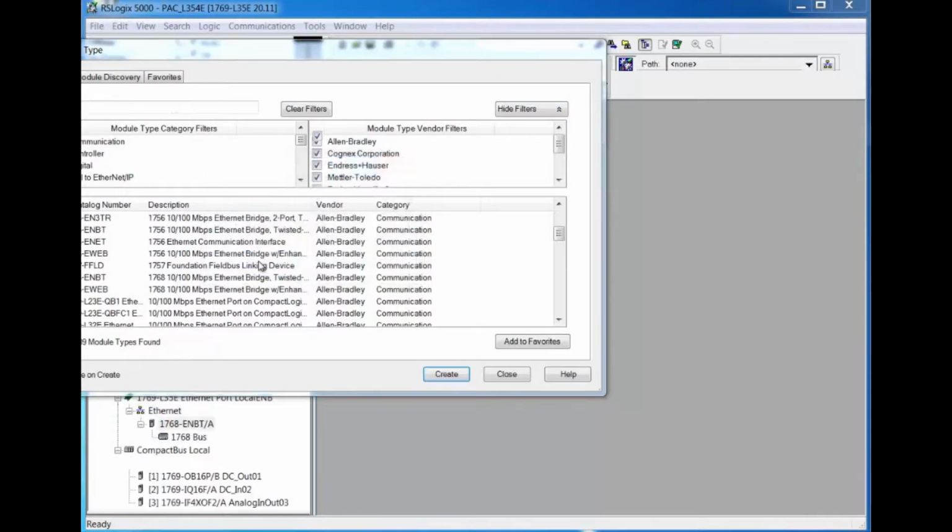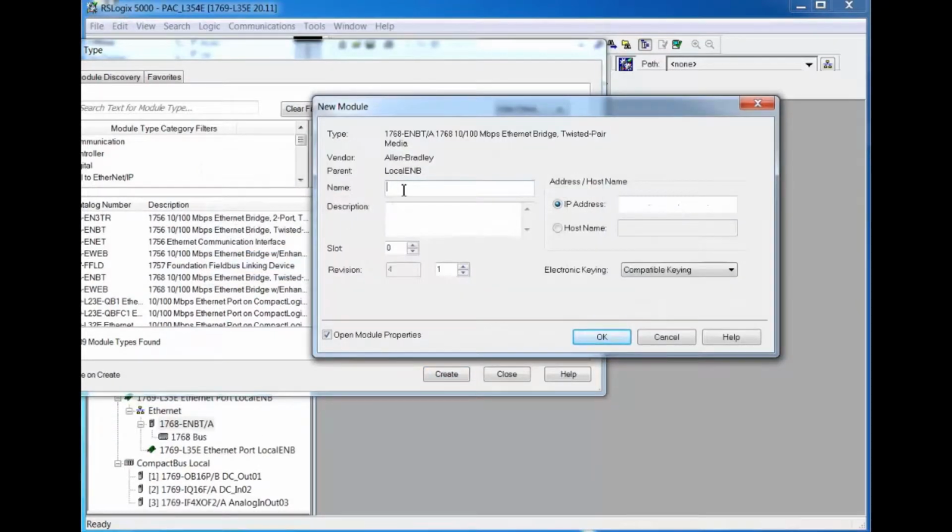Again, we'll let it be Rev4, and we'll call it remote ENBT. Even though we already defined its IP address, that was when we were actually configuring the 1768 ENBT in the L45 project. This is the L35E project. It doesn't know anything about the L45 project, but in order to get it into the I/O configuration, we have to identify its IP address, which is